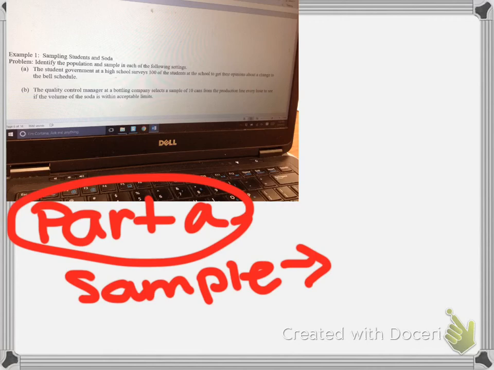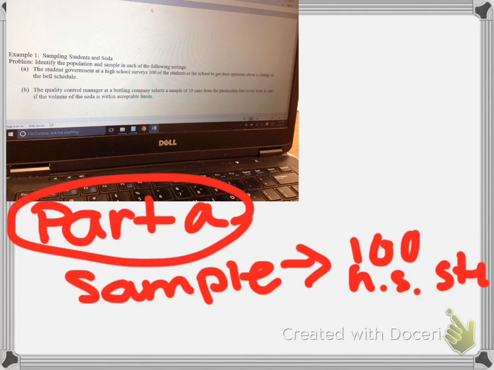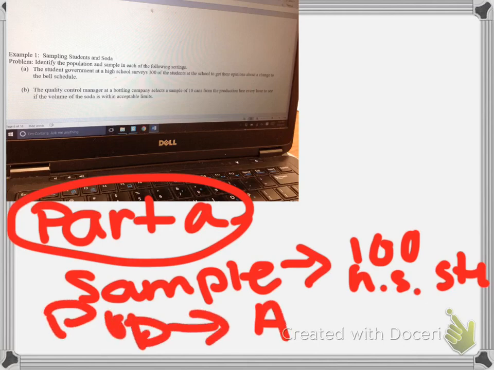I took a small bite of cookie. The whole cookie is so good. You generalize about the entire cookie. You don't say the bite is good. You usually generalize, wow, that cookie is good. So the sample in part A is the 100 high school students. Okay, the population then would be all high school students